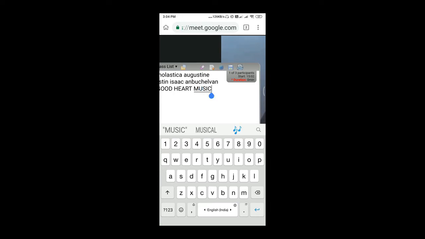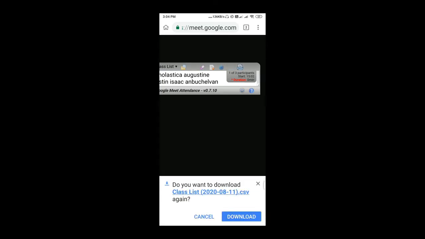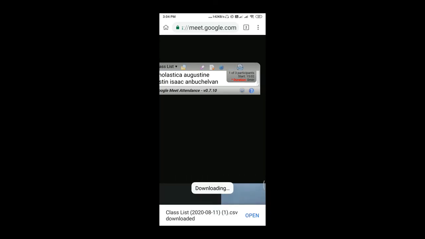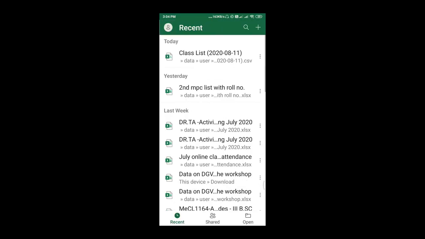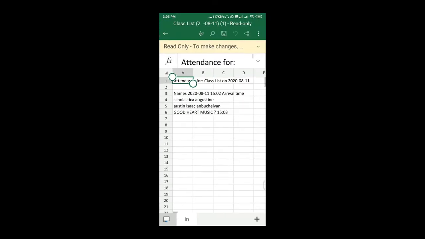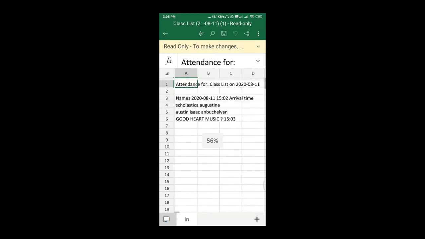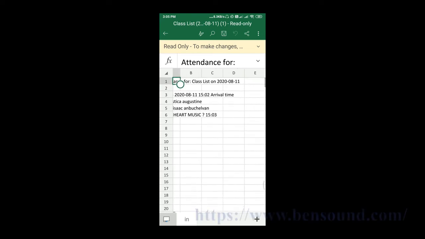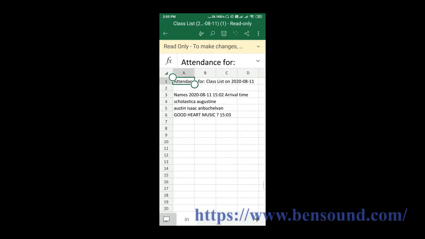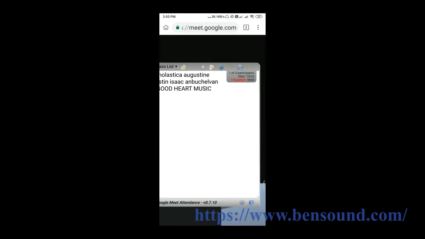Okay, you can see here, and I will click the save button. Once I click the save button, I can download it, and if I want to open it, I can open it and see. Yes, you can see here that we have the attendance here, like how we have in our desktop and laptop.